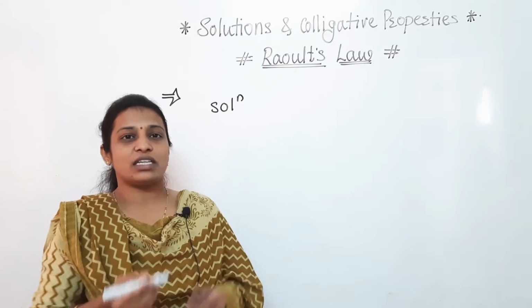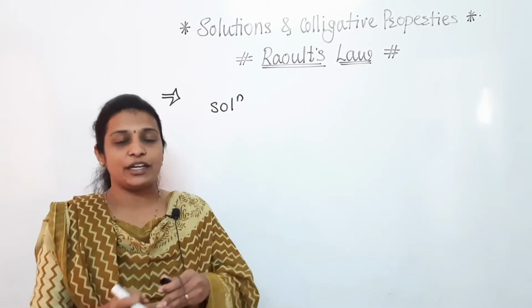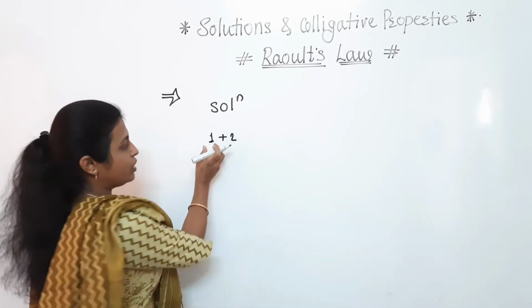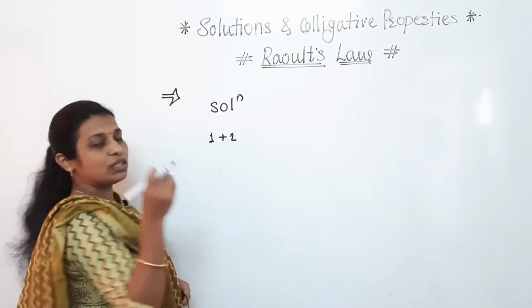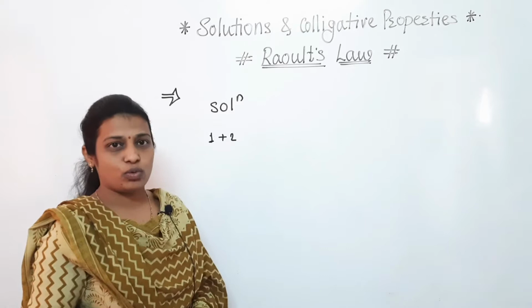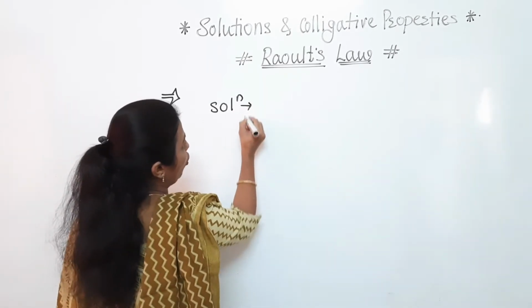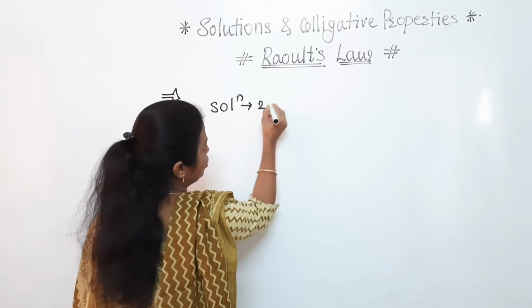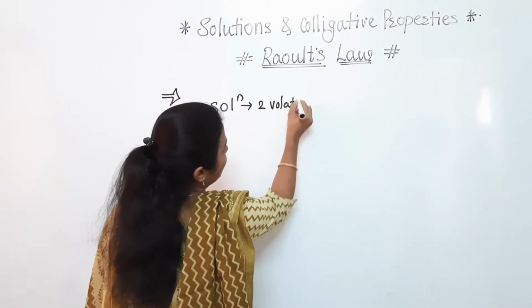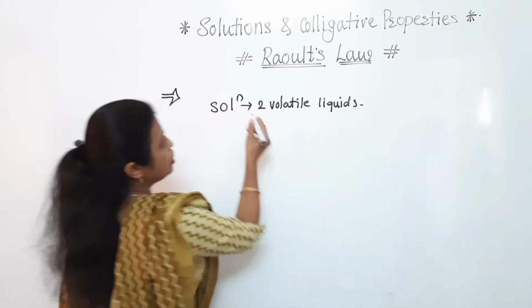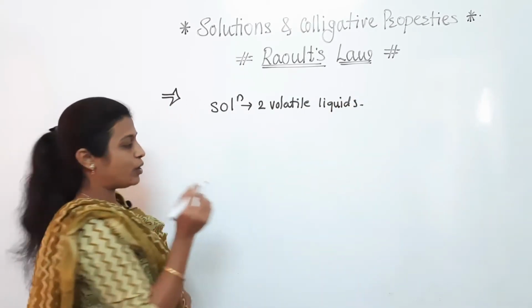And generally we are saying that when solute is dissolved or added into the solvent, we are getting the solution. But sometimes what will happen, one liquid is mixed with another liquid, that is also the solution. So simply here we are going to discuss, this is the solution of two volatile liquids. Clear to everyone? So for that one we are going to consider one vessel.